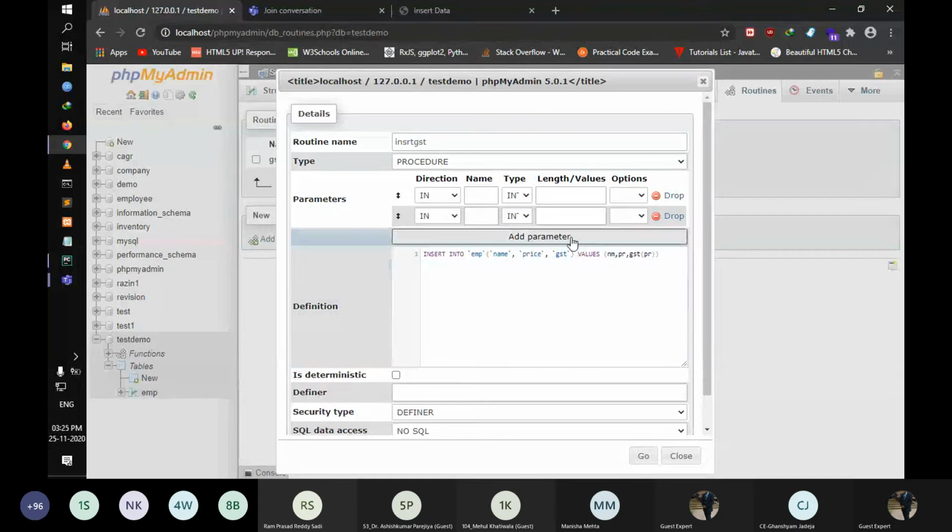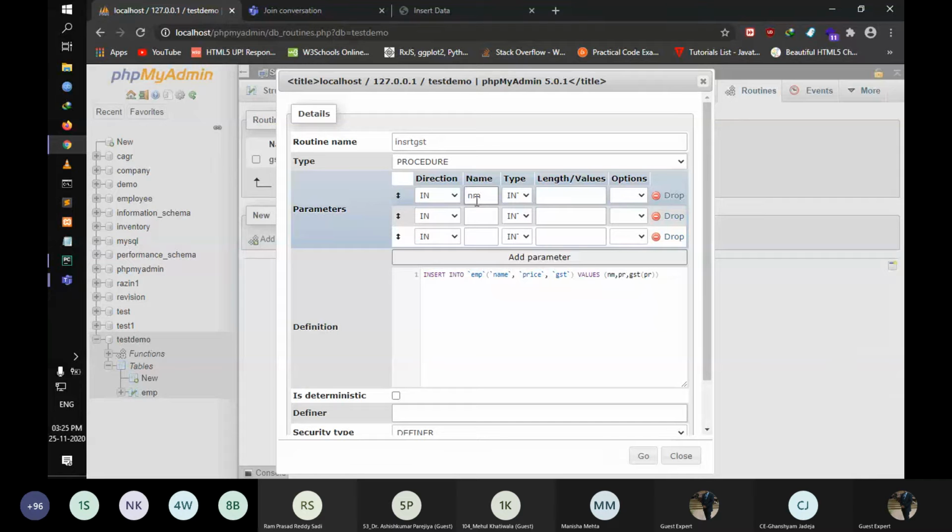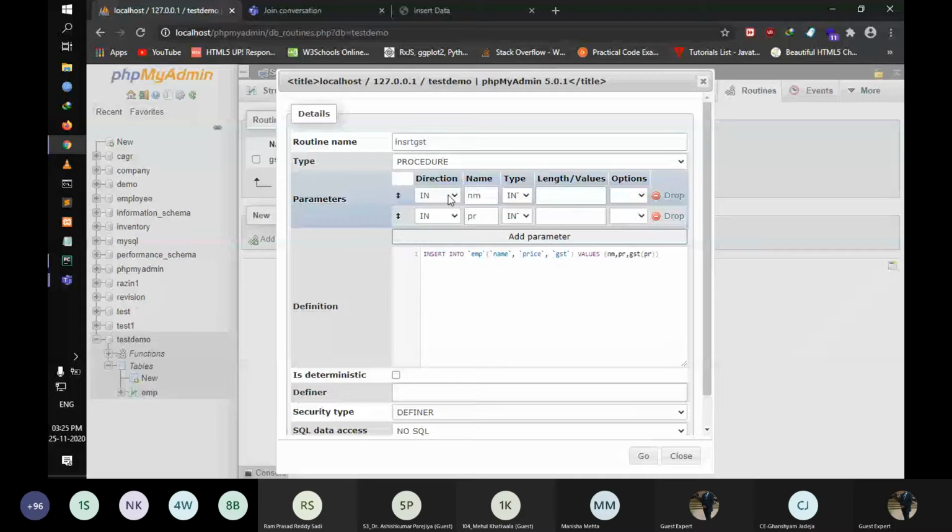Whatever variables we use, we have to mention here. There are only 2 parameters. GST is the function. There is an IN and OUT process.